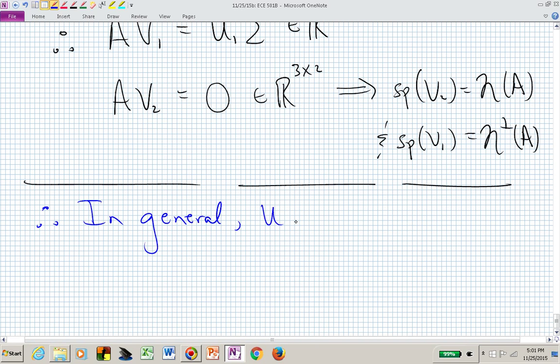In general, these matrices U and V in our singular value decomposition, let's say if A is equal to U sigma V transpose,